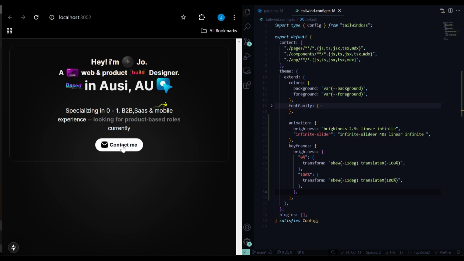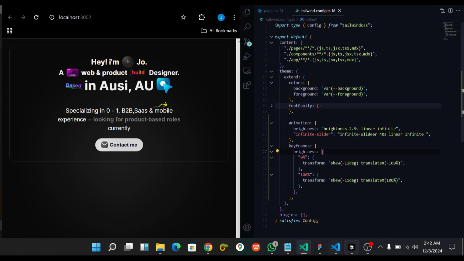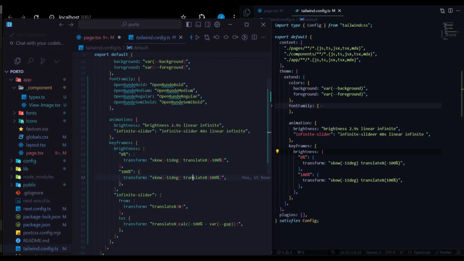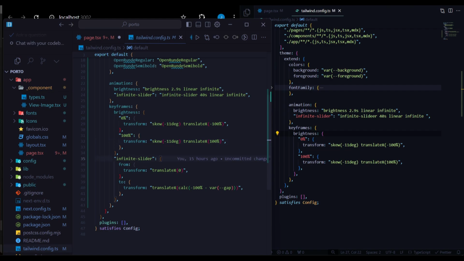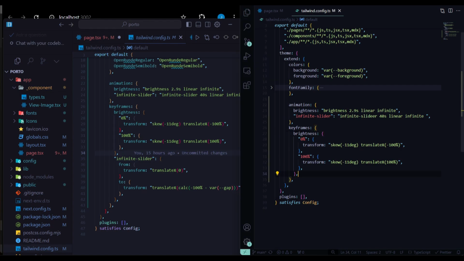Oh, there you go, it's working. I probably made a little mistake, but this is the right code to do it if you want to. So real quick, I need to get this one as well. So here we need to grab the other one. So here we say the infinite slider, like so,